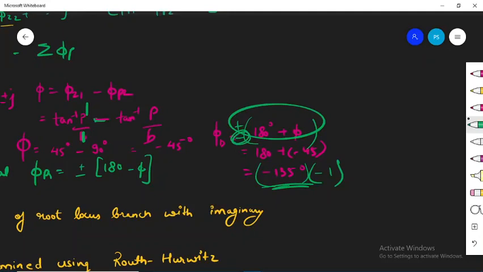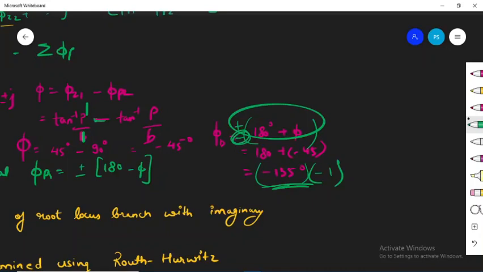इससे आप मल्टीप्लाई कर देते तो आपका आंसर यहाँ पे 135 डिग्री आता. Okay, so thus in the formula when you are getting plus minus 135 degree, this means that plus 135 is angle of departure for P1 and minus 135 degree is the angle of departure for P2.